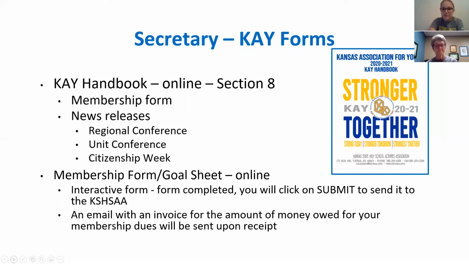And there's also, as Trish mentioned earlier, news releases in there, pre-typed and everything, that you can submit to your local papers, or maybe if your school has a paper, or something online, any sort of news release. As mentioned, the membership form is online, as well as the goal sheet, and those go to Keisha. When you get that membership form in, you'll receive an email with an invoice for the amount your club owes in dues to the Keisha office. And so that will be something you need to get to the treasurer. And so then we can handle the $2 per club member.